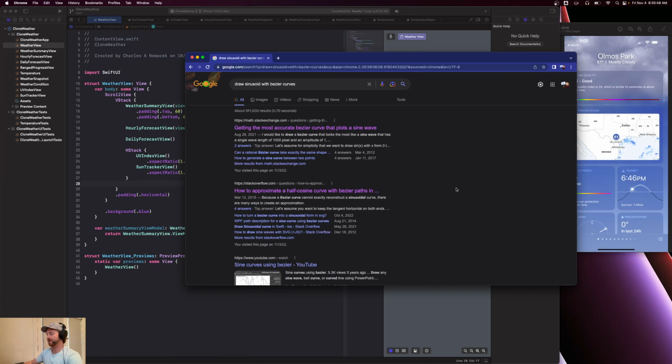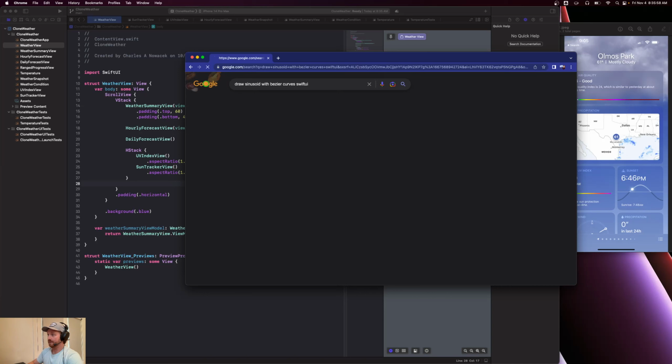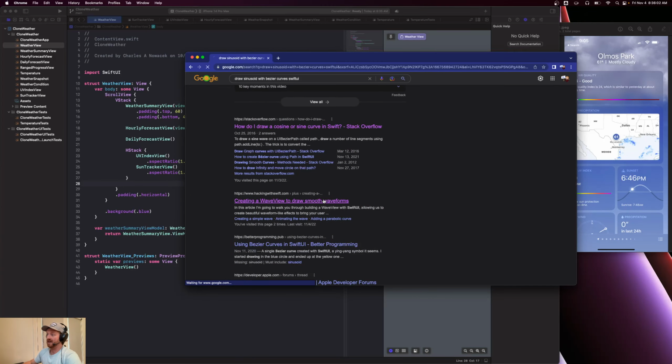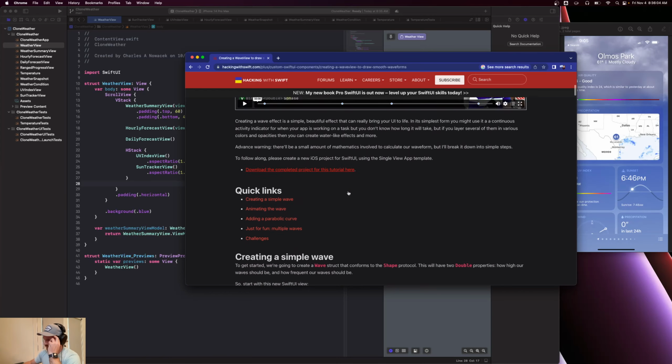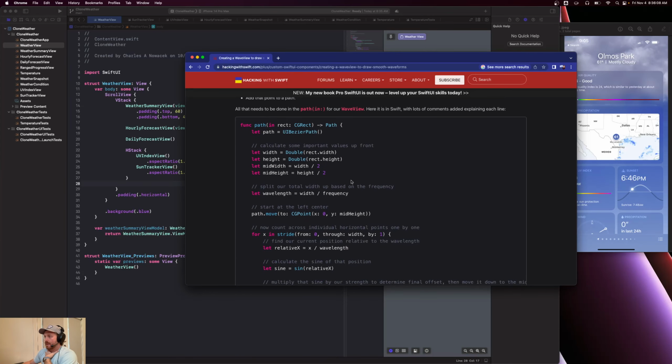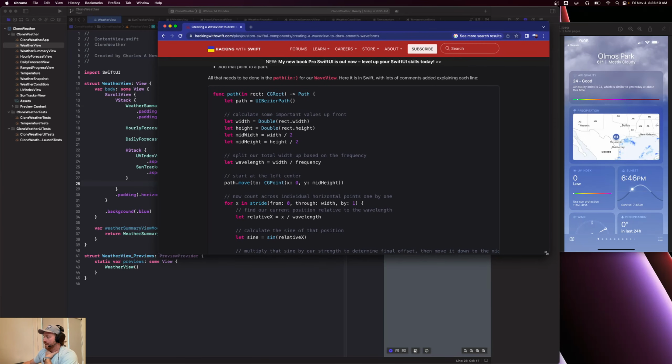I've worked a little bit with Bezier curves, rendering Bezier curves in the past, a very, very long time ago. I've never done them in SwiftUI, and so this will be really interesting. I found a great resource again in Hacking with Swift